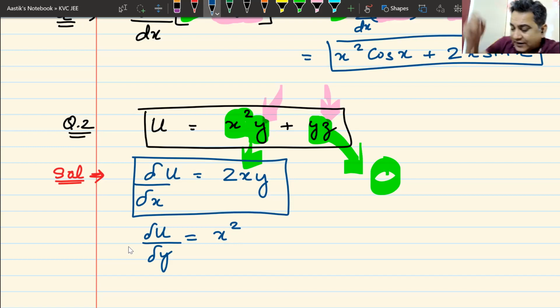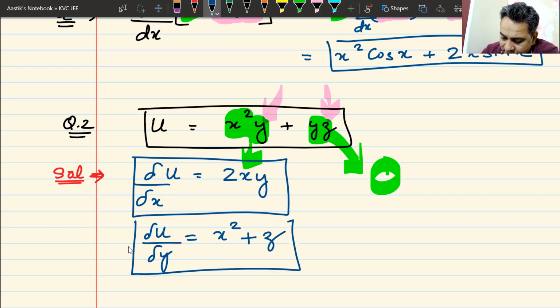But now I move on to the second function, which is yz. Again, yz consists of two functions. One is z, one is y. Partial derivative of z with respect to y is 0. So that part goes away. You have to only find the partial derivative of y with respect to y. That is 1 multiplied by z. So my partial derivative will be x squared plus z. Are we getting this, or is it going above our heads? I'm just applying the multiplication formula and I'm not writing the steps, and I'm writing the answer straight away. Do we understand this? Can I have some raised hands?